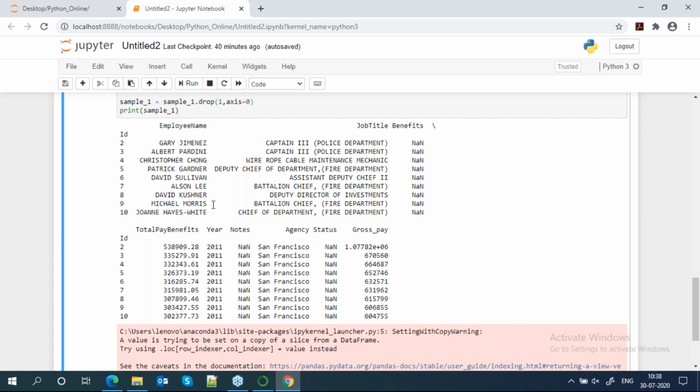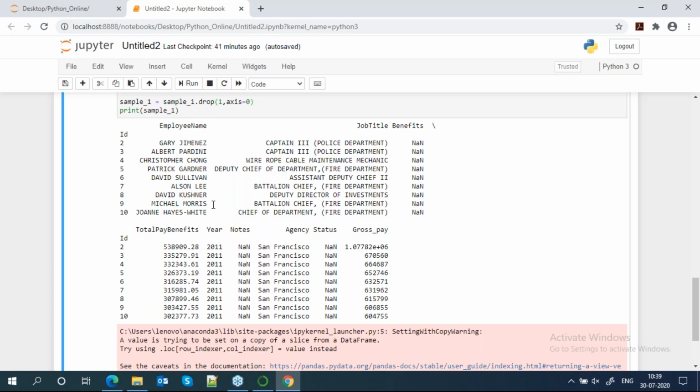Yes, both, you can use both for multiple drops. Now, if I don't know the ID, but I know the employee name, for example this ID number 4, Christopher Chong, how can I drop that?